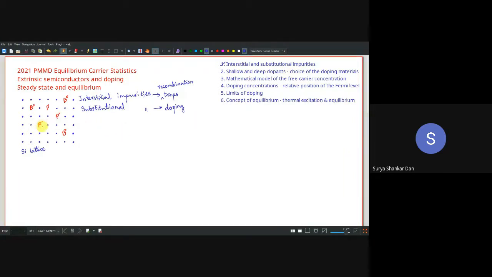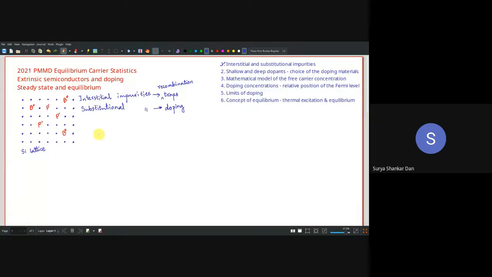Whenever you are applying an impurity, if it is a donor, let us say phosphorus, then it will be having one extra electron, right? So one excess electron means what? It will be easier to ionize the phosphorus than silicon, isn't it? Yes or no? Because it is having one extra. So it will be easier for phosphorus to simply leave out one electron, and the rest of the electrons will be used for the covalent bonding with the other silicon atoms.